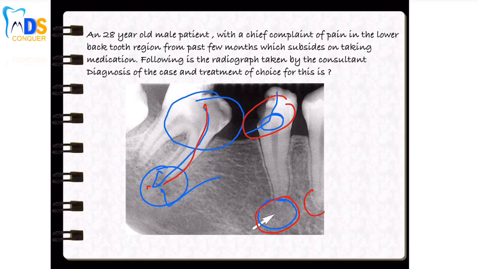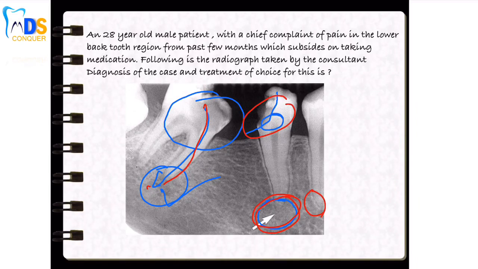When you compare to the adjacent teeth, you can see a radiopaque layer, right? That is the lamina dura, whereas here the lamina dura is clearly absent. That gives an idea that there is some periapical change. Of course, whenever you have a periapical change, you can assume that there is a pulpal infection, which is the main cause leading to the periapical lesion. Okay, let's see the data that is given.